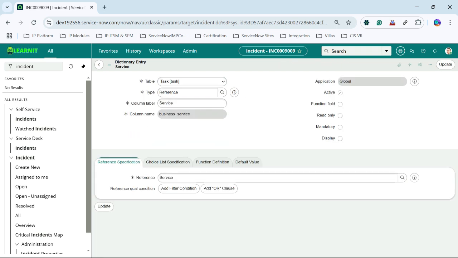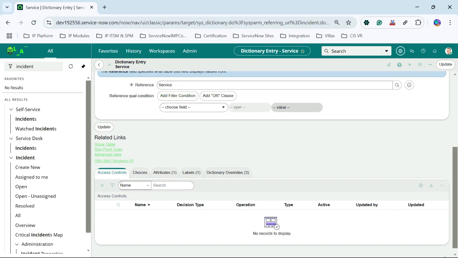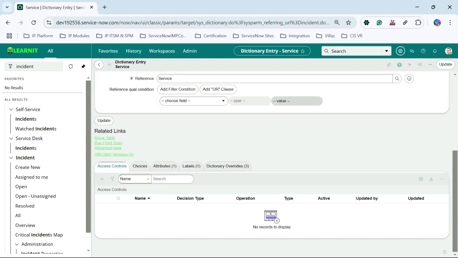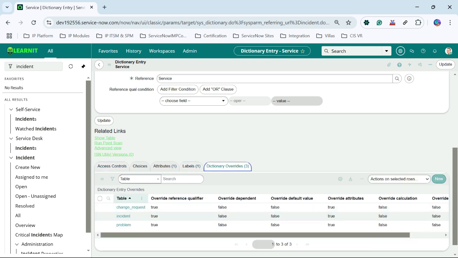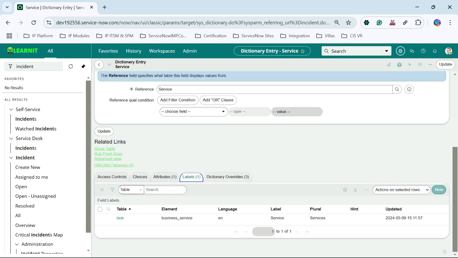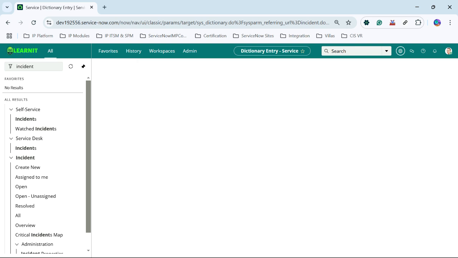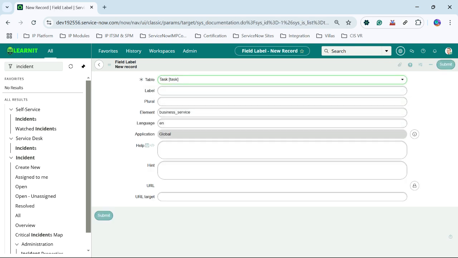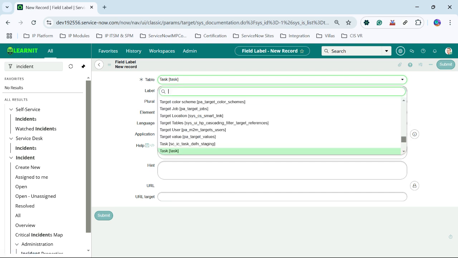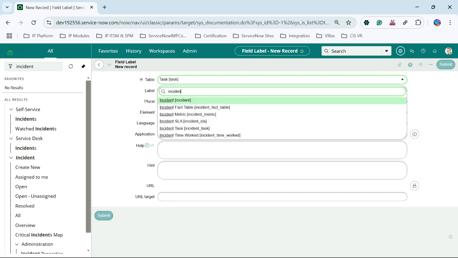I will go to the dictionary of this service, and under this service we have related lists: access control, choices, attributes, labels, or dictionary override. Under dictionary override, we will not have the option to override the label. So we have one related list where it is defined what the label is for which field. Now let me click on new, and I will select the incident table here because for task it is already created. So I will select incident,